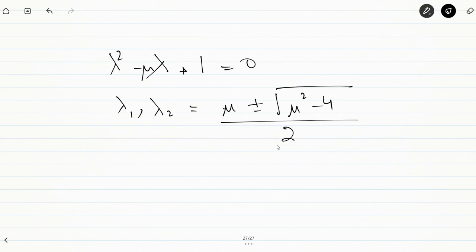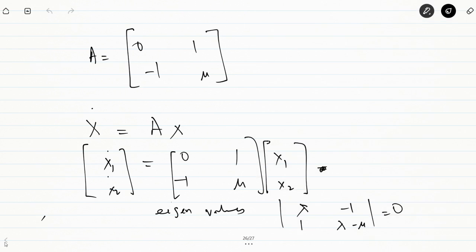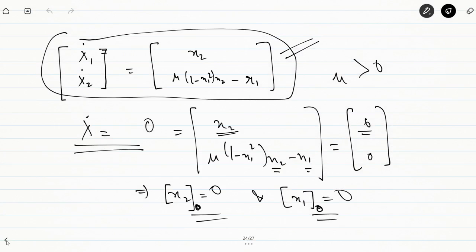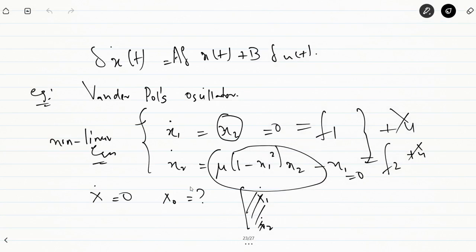So you can now say, if mu is greater than 0, for what values will the system be stable, and for what values of mu can the system be unstable। Now you can basically directly say it from this system, ठीक है, from the linear model। Now in a van der Pol oscillator basically यहाँ पे mu हमेशा 0 से ज़्यादा होगा, lambda 1 lambda 2 will always be positive, that means this system is actually unstable। So this is actually the van der Pol oscillator। इसकी जो equation है वो हम बाद में derive भी करेंगे, यहाँ पे मैंने खाली एक example दिया आपको, how you basically linearize a non-linear model using the small signal analysis, fine।